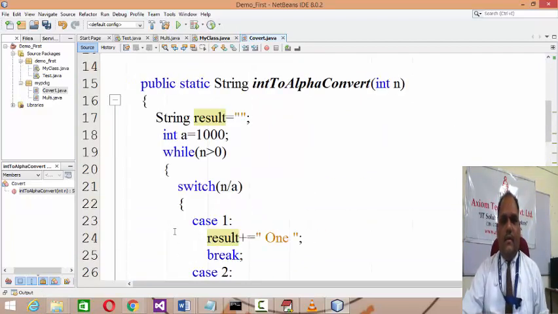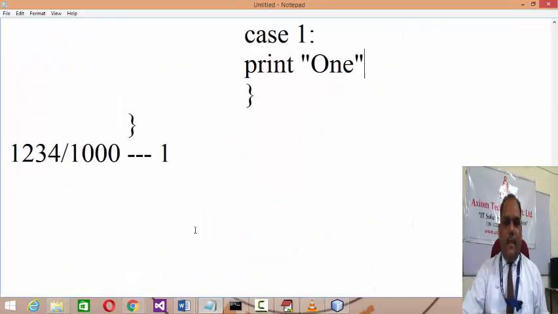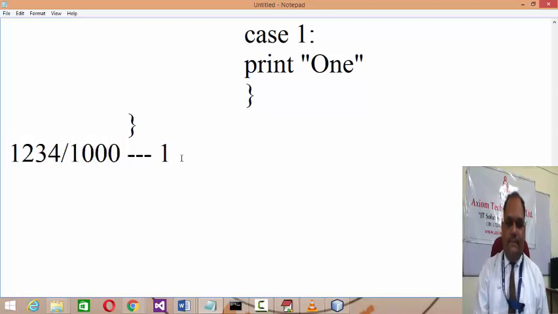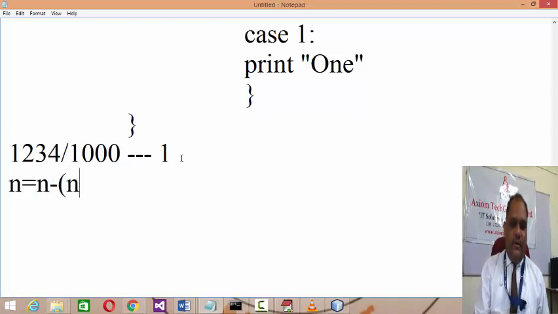What I did now, the main logic is, if 1 2 3 4 is a 4-digit number, initially the value of a is 1000. Keep in mind that these are 4-digit numbers, the value of a is in the 1000 place. So 1 2 3 4 divided by 1000 will extract out 1. Then next I wrote the expression n equals n minus n by a into a.